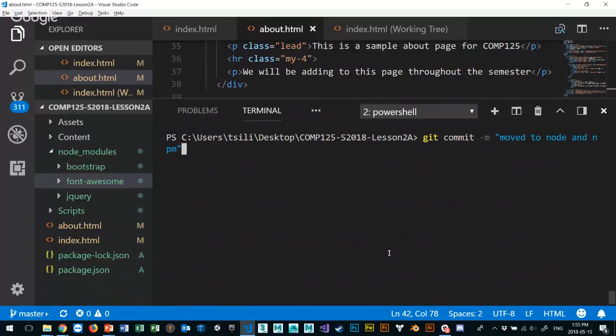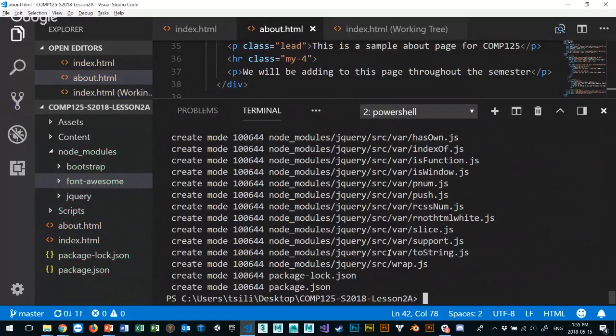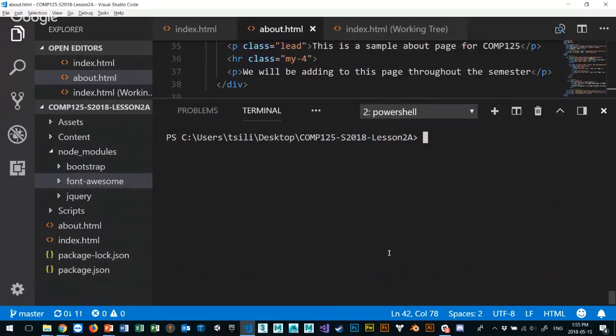This is what we really did. And we're going to move to Node and NPM ecosystem. Before we use jQuery and everything, locally. So all I'm doing is committing all those changes, right? So these are all the changes committed. That's my commit message. And now I'm going to push everything to GitHub. Git push origin master. And if I press enter, it's going to push everything to GitHub,